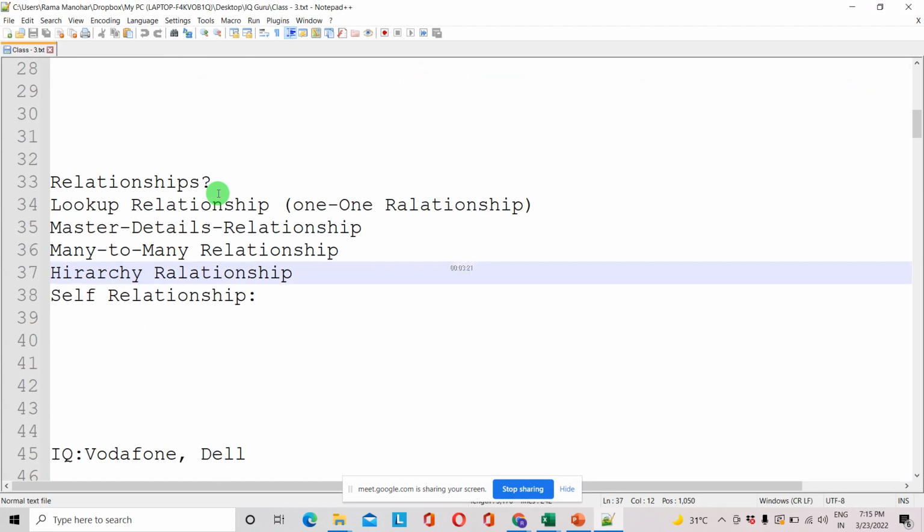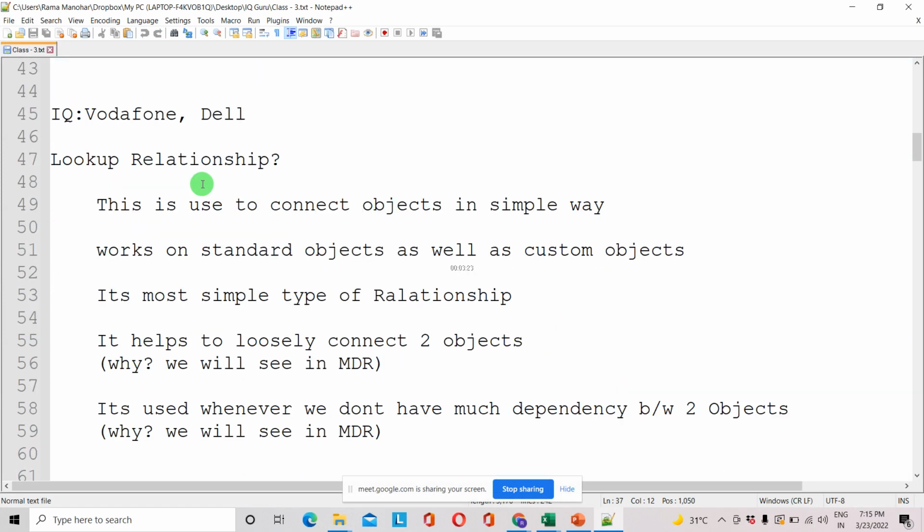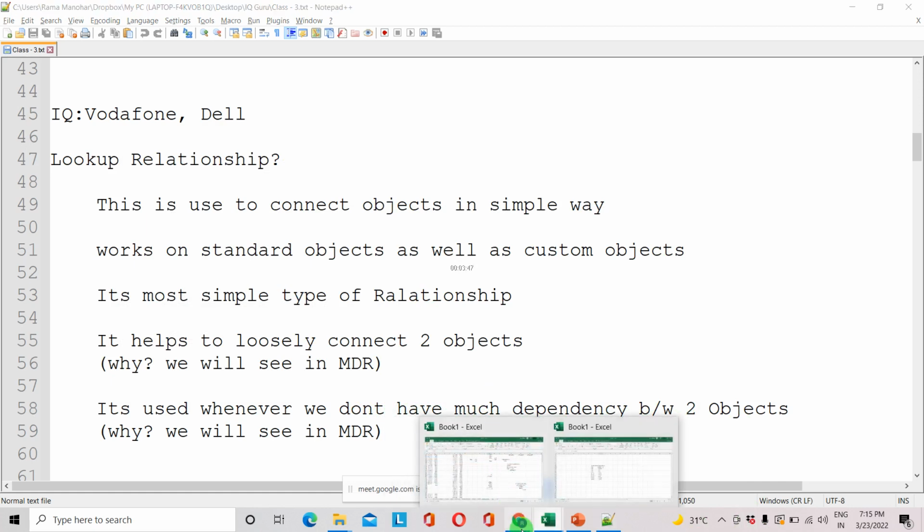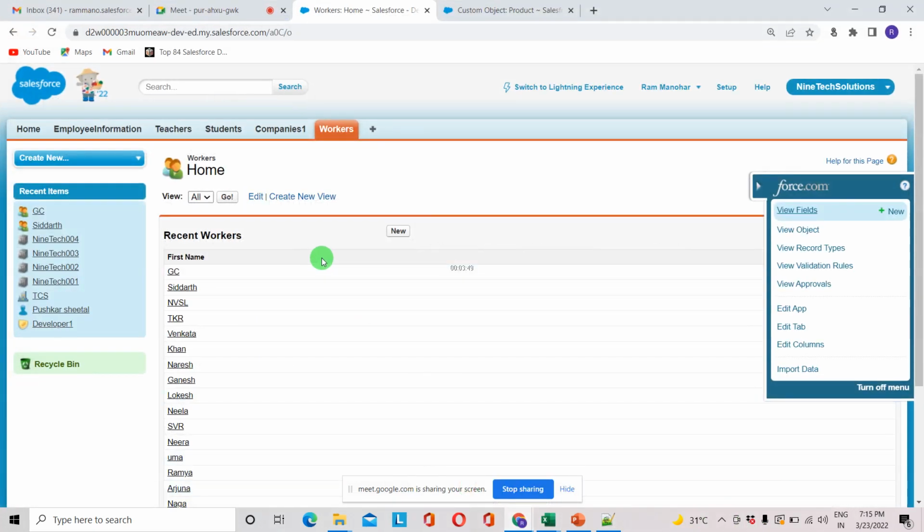In relationships, see, the lookup relationship is used to connect objects in a simple way, and works on standard objects as well as custom objects. It's the simplest type of relationship, and it helps to loosely connect two objects. It's used whenever we don't have much dependence between two objects. Much dependence in the sense we are just showing a relationship, but that is not important in the organization. So, example,